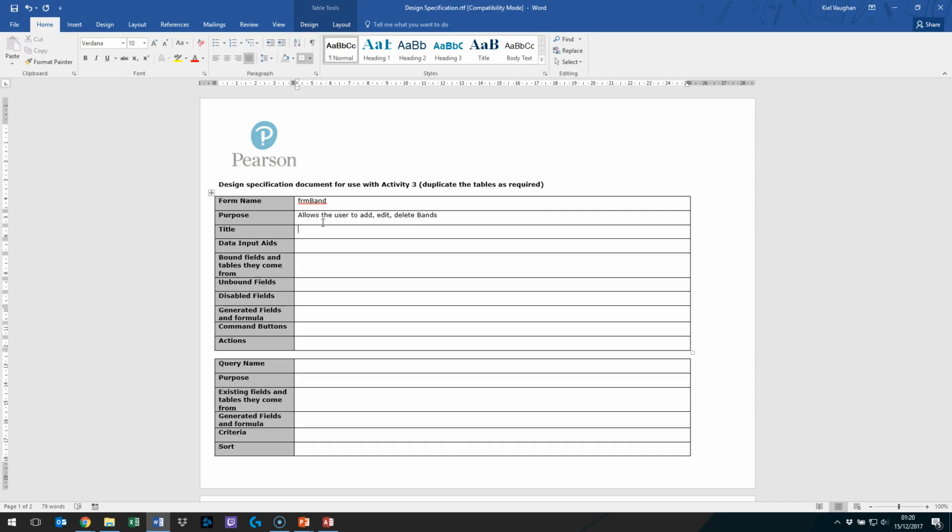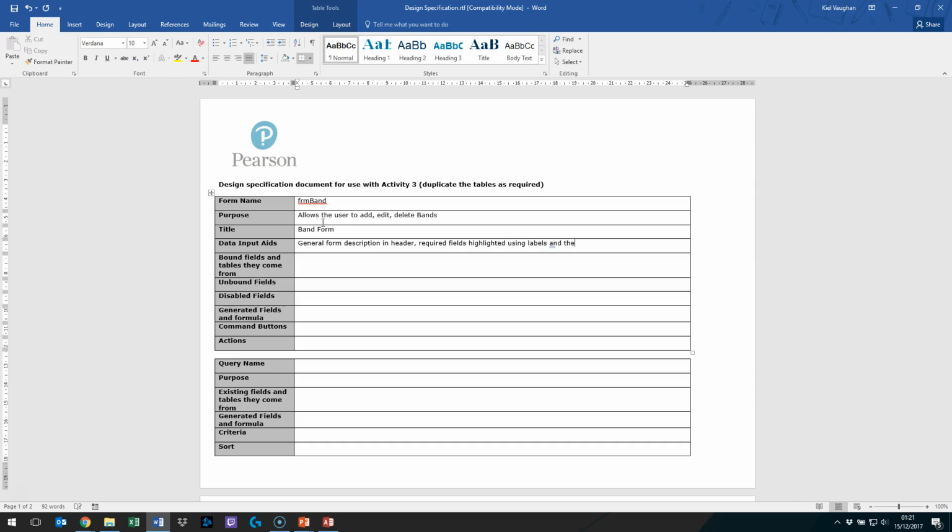The title was band form. Data input aids were general form description in header, required fields highlighted using labels,